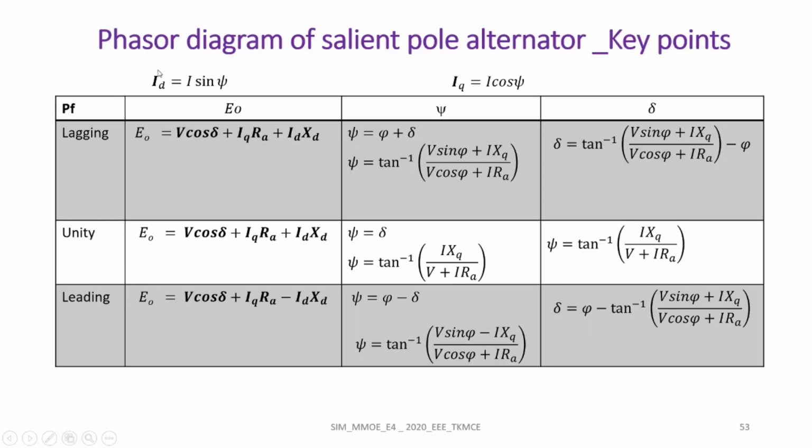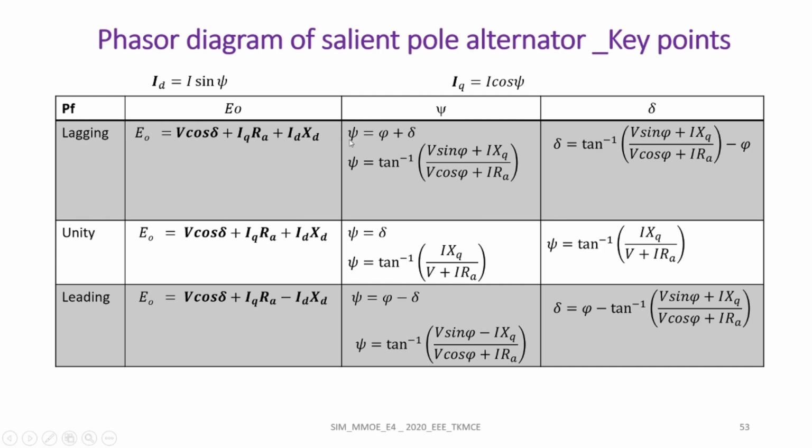Now, let's summarize the different expressions for E0 and angle psi at different power factors of operation. First of all, the component of current which is in quadrature with E0, that is direct axis component of armature current ID, is I sin psi, and the component of current which is in phase with E0, that is quadrature axis component of current IQ, is obtained as I cos psi. Corresponding to lagging and unity power factor, the expression for induced EMF is obtained as V cos delta plus IQ RA plus ID XD,